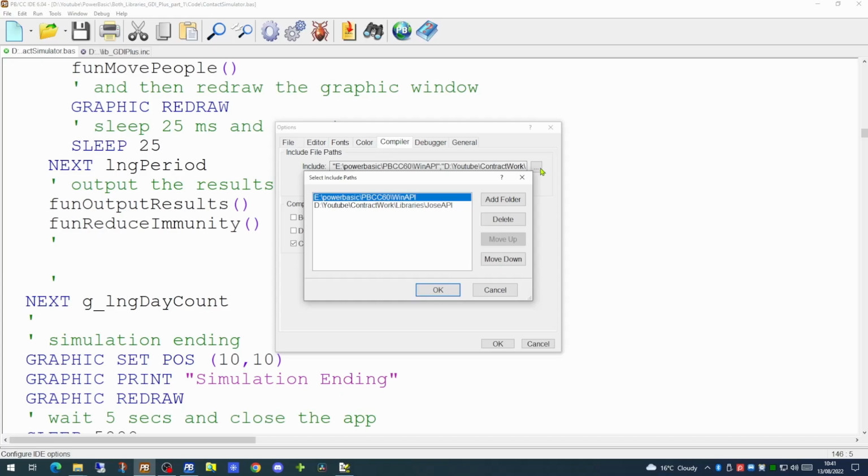There are 2 different sets of Windows API include files, the set that ships with PowerBasic itself, and the set that Jose Roca has actually provided. When you're preparing your application for compilation, you can decide which of these 2 API libraries you wish to use. Today we're going to leave the Windows API include files to be the standard ones that come with PowerBasic. And we're going to be using a cut down library to access just the bits of the GDI Plus that we need for our current task.